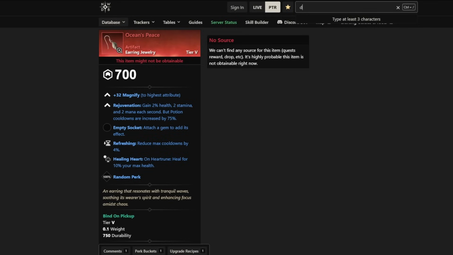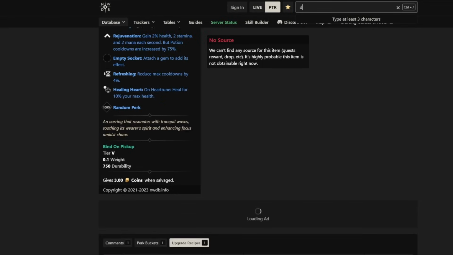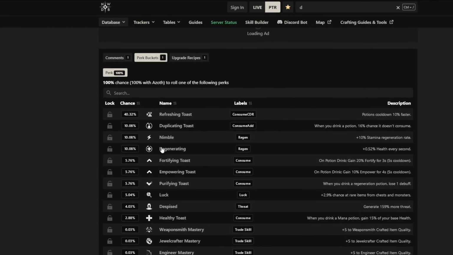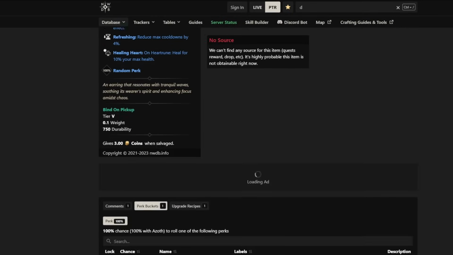This also comes with Refreshing Locked, which is a very good perk to have on your earring because most earring perks realistically aren't that good. And it comes with Healing Heart, which is whatever. I don't rate it very highly, but it's okay. We have a gem socket on that too. And our perk bucket here would allow us to get various other things, including Nimble and Regenerating, which is really the last perk you would want on them. You're not going to get 4 toast or something, but I think that's fine,